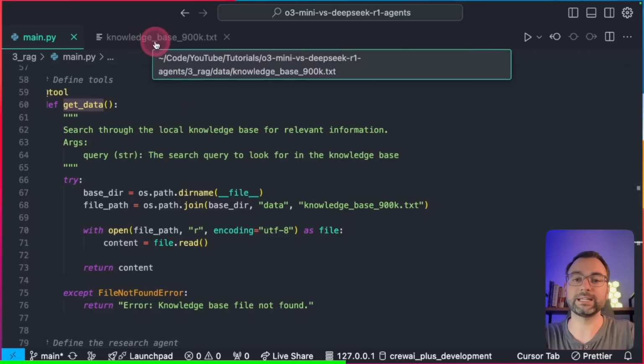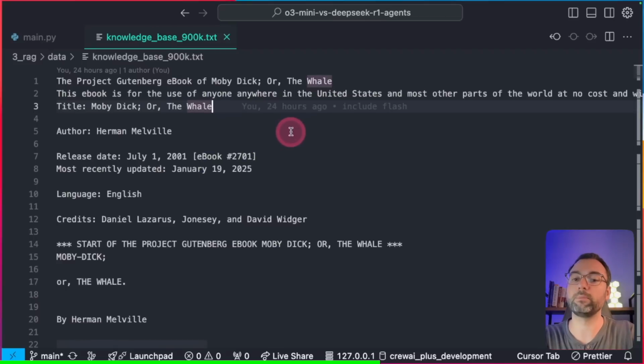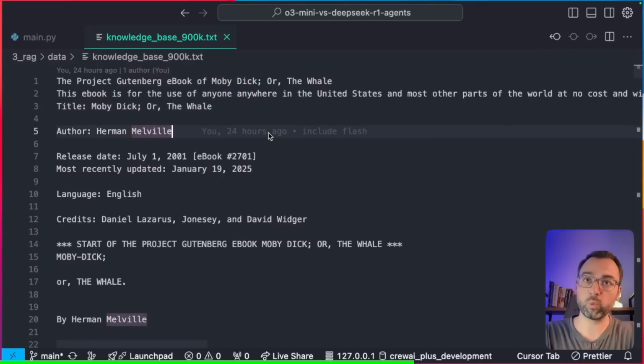So when we're testing the O3 mini model, it has a 1 million context. Sorry, when we're testing the Gemini Flash, it has a 1 million context window. So we're going to push it to the limit by passing in a context. We're basically passing in a file that has 900,000 tokens worth of context, which is wild that it can still